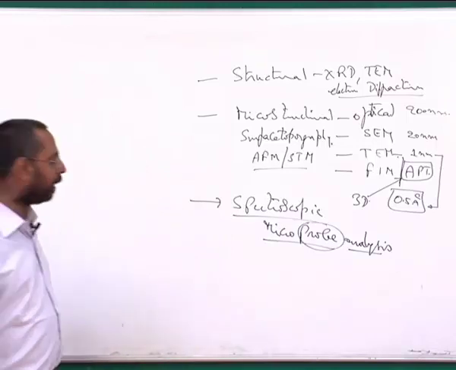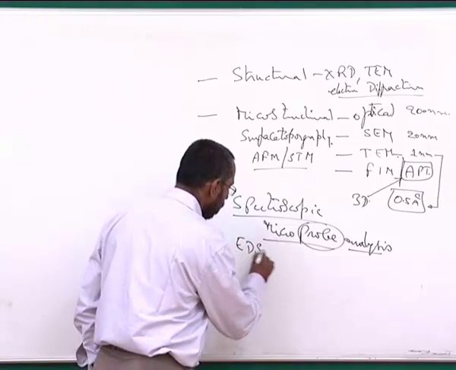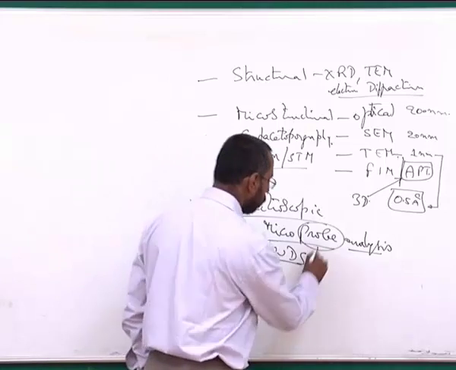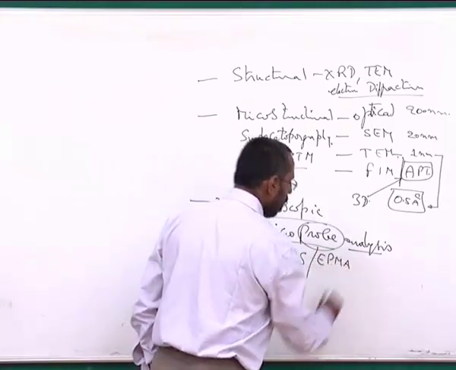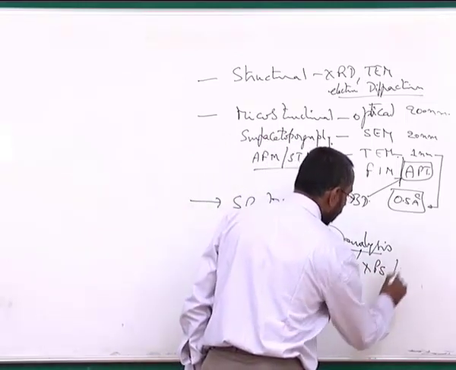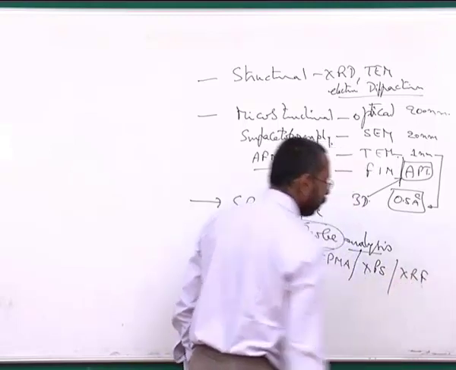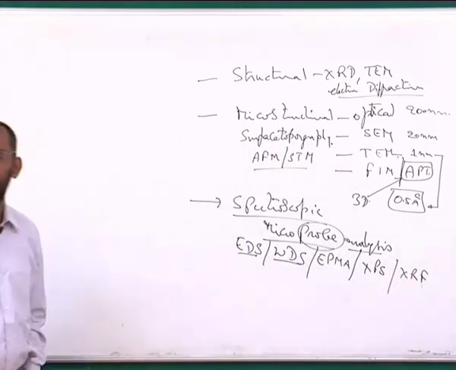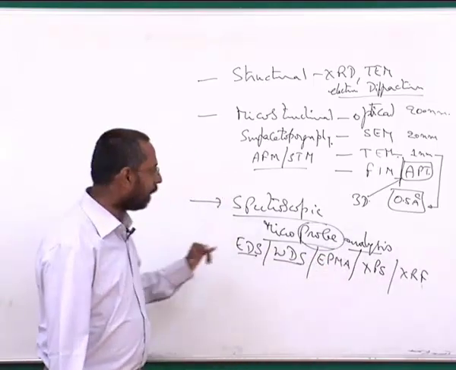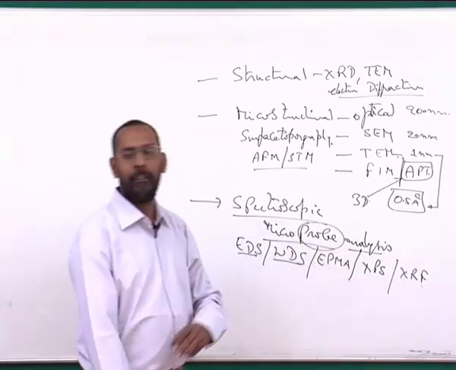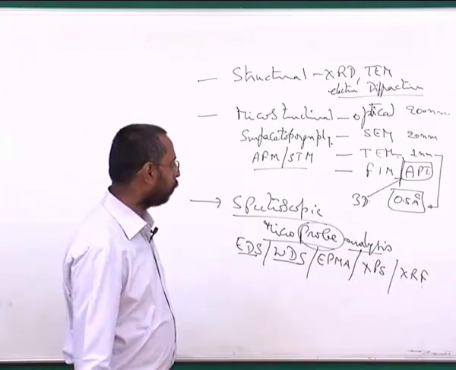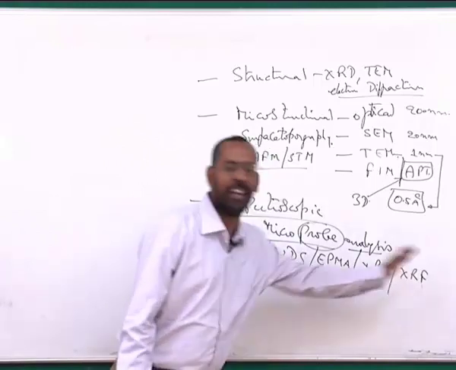Now in the spectroscopic techniques, we talked about EDS, WDS, energy dispersive spectroscopy, wavelength dispersive spectroscopy. We also talked about EPMA. We also talked about, for example, techniques such as XPS and techniques such as XRF. Though we dealt with them very briefly, just to know the principles of it, we have dealt with all these techniques where we try to understand the principles of how the information from the sample can be obtained by using a variety of tools, in which always you are using X-rays as a source.